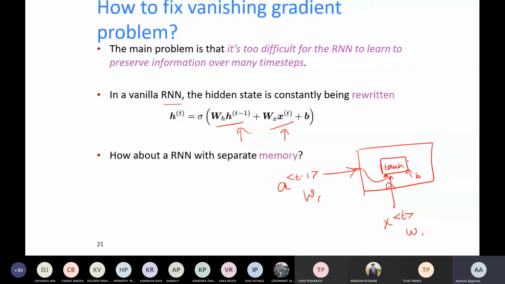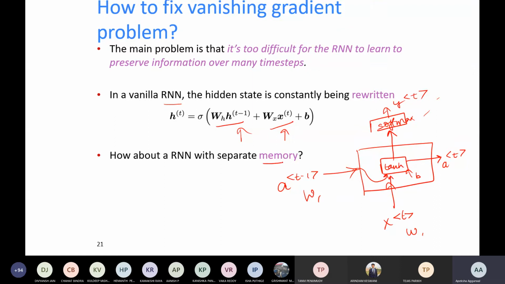We get an activation for the next layer, that is AT. This is a simple RNN architecture, and we can also apply a softmax over here if we want to get this output. If we don't want this output, then it's fine, so we don't use this part. For example, in many to one, we don't use this part because we don't want output at every time step. So this is a simple RNN. Okay. Now,